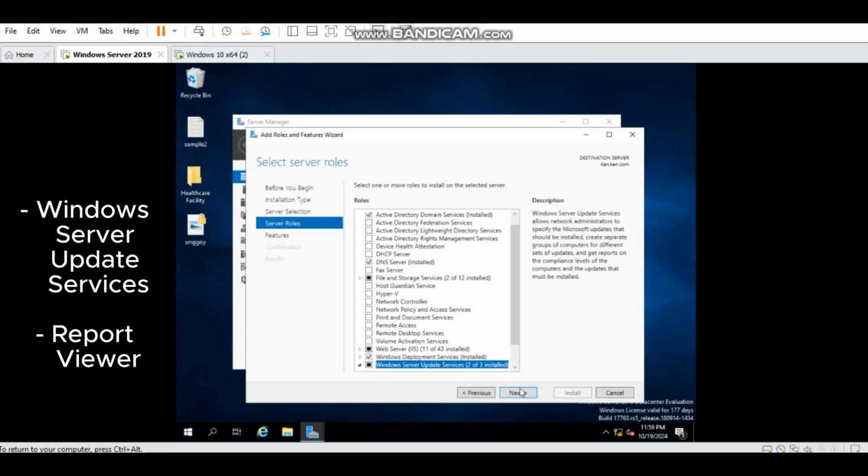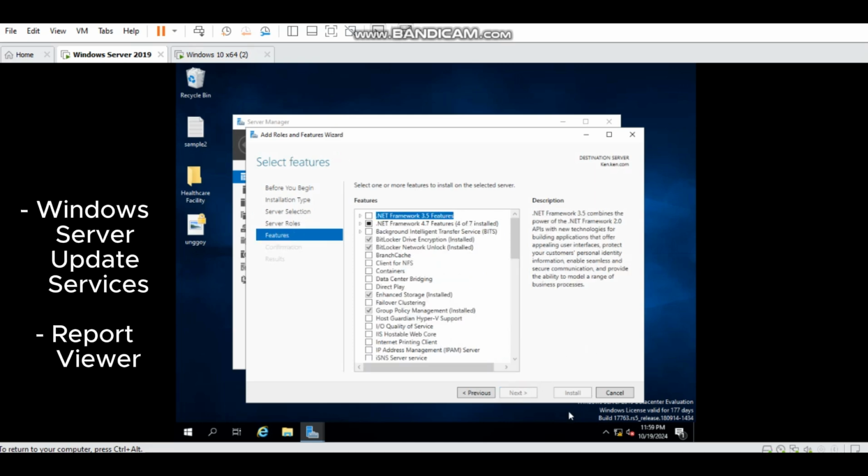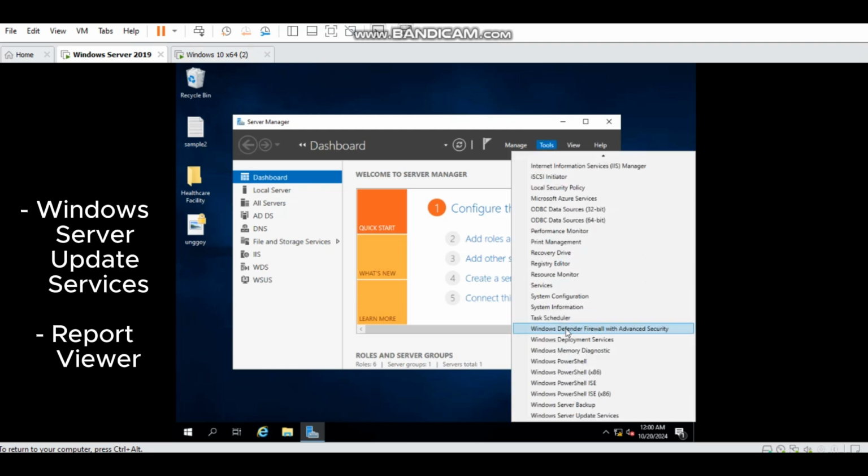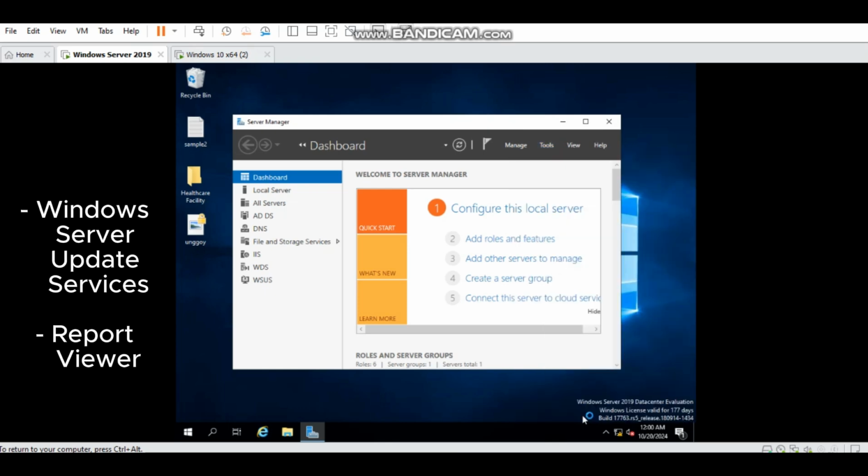Click Next until you see the Install button. After that, click the flag icon and deploy your Windows Server Update Services. After, click Tools and find the Windows Server Update Services. Click